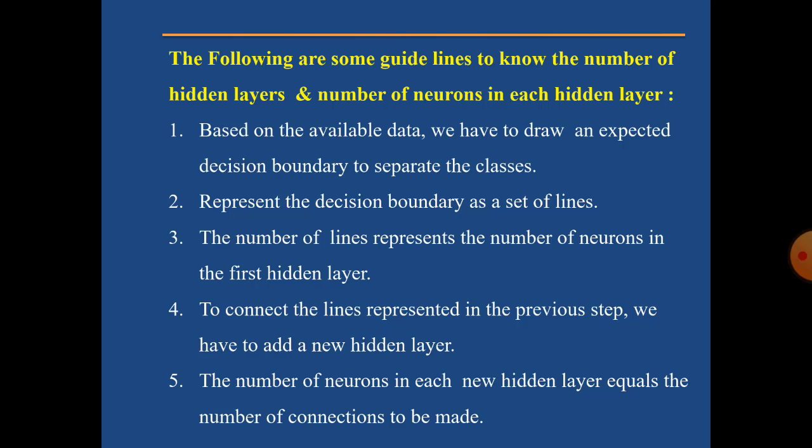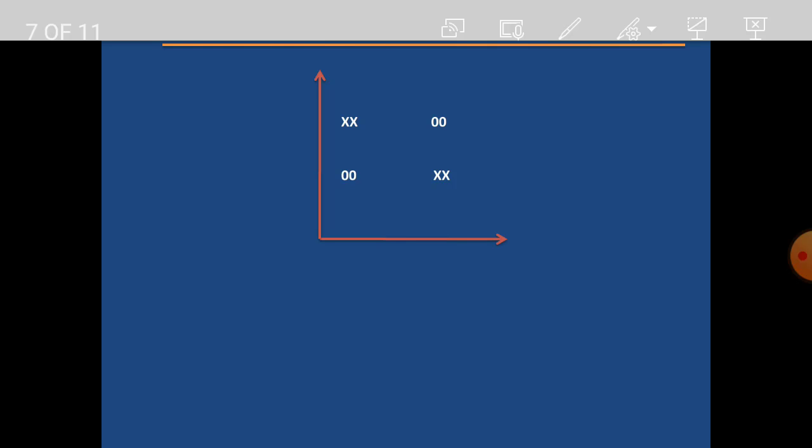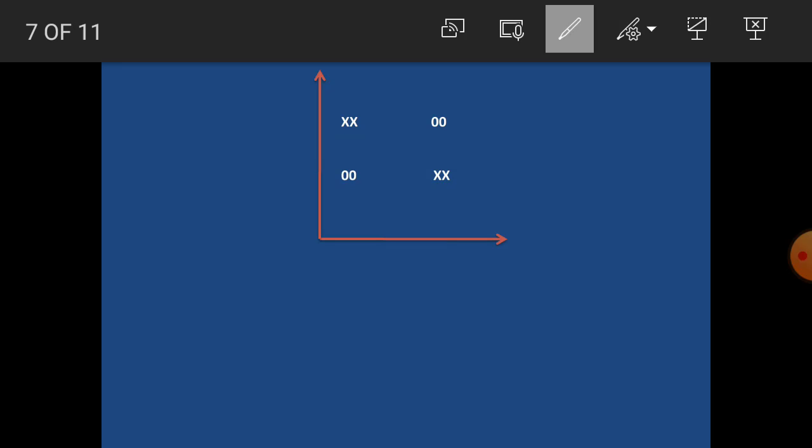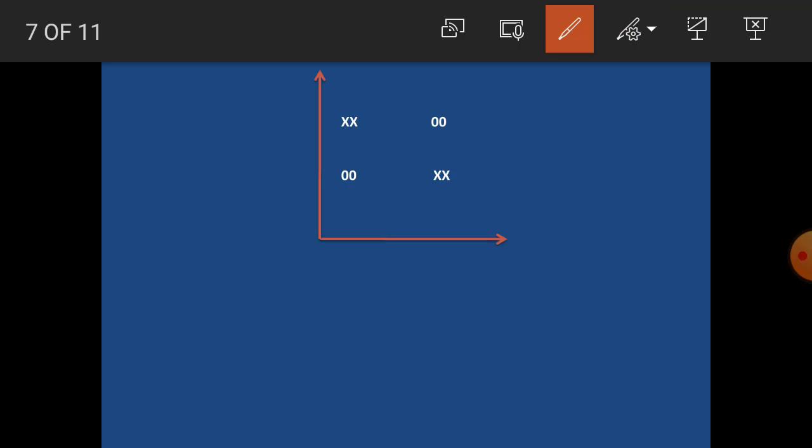The first guideline: based upon the available data, we have to draw the expected decision boundaries to separate the classes. If you see this example, in order to separate these, we are drawing a line.